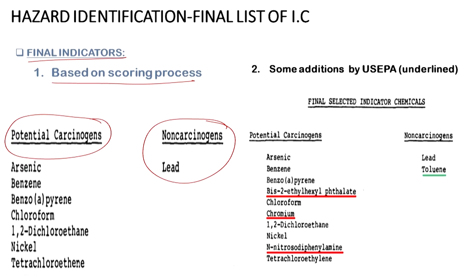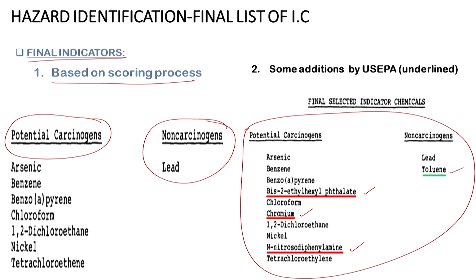And then what did the US EPA suggest? Again, EPA is the Environmental Protection Agency. They suggested adding a few more compounds. And here they have the final list of compounds that they need to consider for relevant action, or for risk assessment. I am just giving a brief idea about how things work.